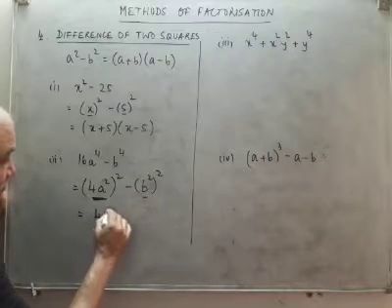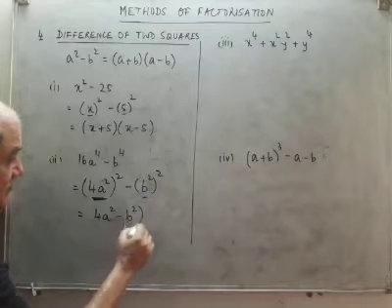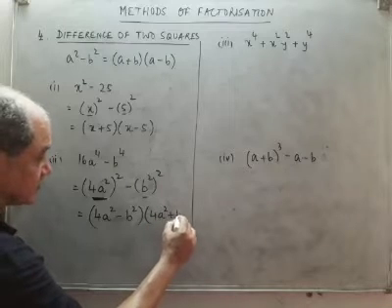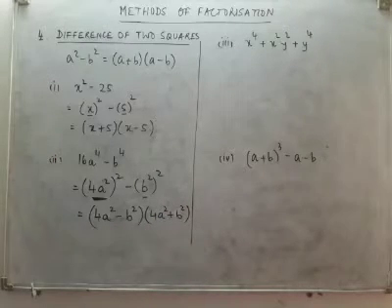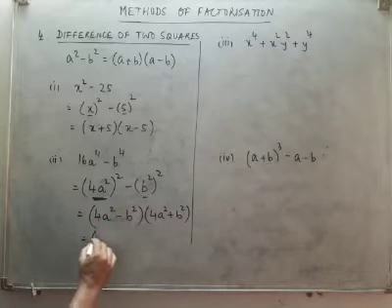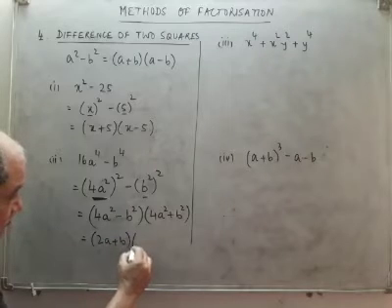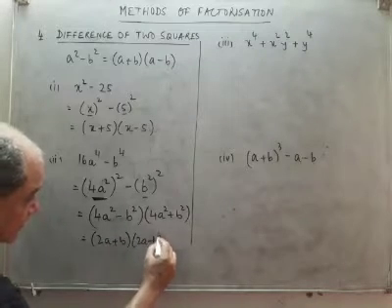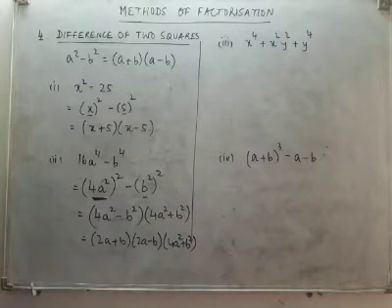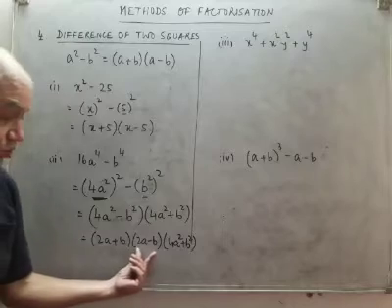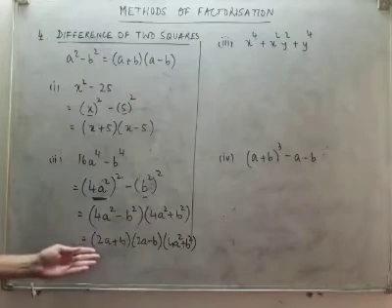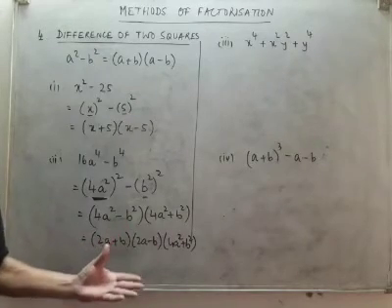So what will you get here? The first term plus the second term into the first term minus the second term. And you can see here again, 4a squared minus b squared can be written as 2a plus b into 2a minus b, and here you will get 4a squared plus b squared. So these are the factors. Remember I told you there can be two or more expressions, the product of which will give you the expression. So the factors can be two or more terms.